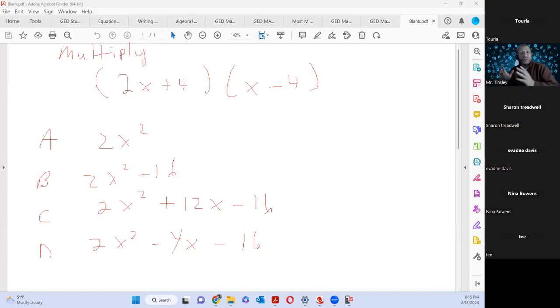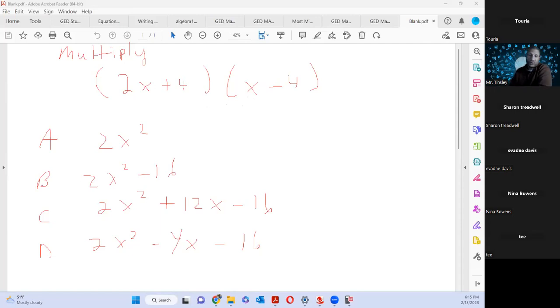We'll go over it. If you didn't know how to do this problem, what I can say is this is a problem you must know how to do. You must know how to multiply binomials. What is a binomial? Bi means 2. A monomial means 1. Polynomial means many. So when you have to multiply binomials, it means you're multiplying 2 terms by 2 terms.